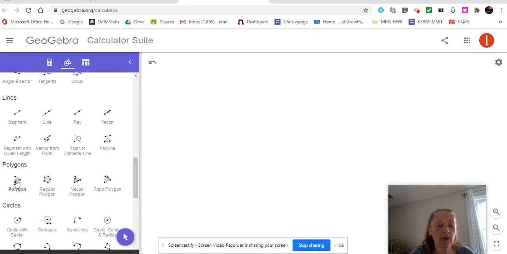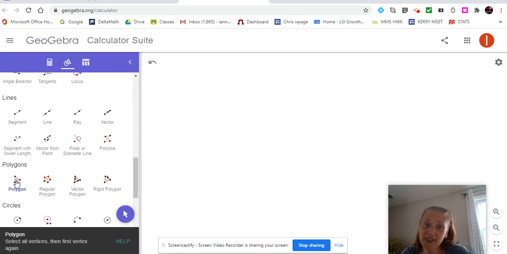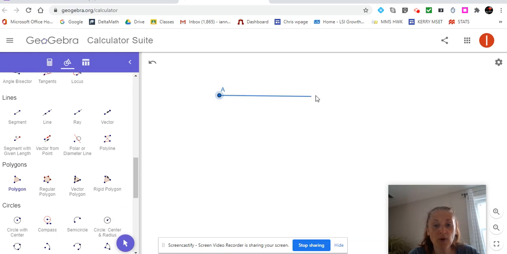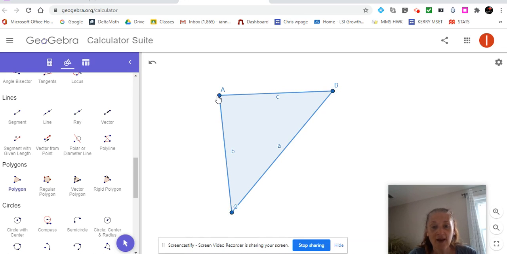We're going to create a polygon. So you can make a many-sided shape. This one is just going to be a triangle, so we have 3 sides. So 3 points. 1, 2, 3. Okay, so once we have our triangle, the next thing we're going to do is we're going to measure these